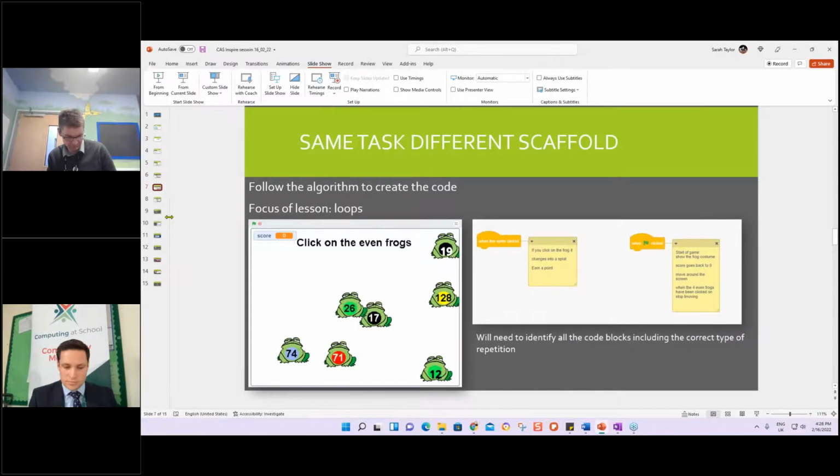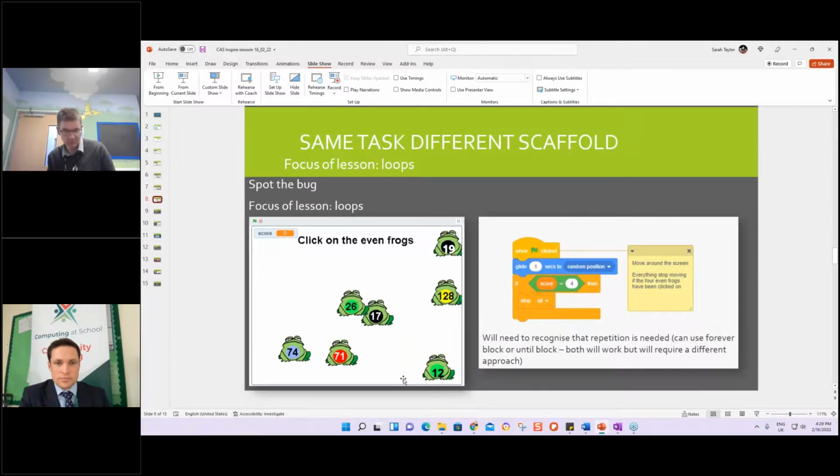So then moving on to a little bit more challenge. This is a much more open approach. So again, same task, but having been given the event blocks and the algorithm in the note, the learners then got to identify all the code blocks that would be needed for the program, and that includes the loop. So this would also be quite a good activity to see if the learner uses the condition controlled loop or defaults to the forever loop. And this is by far the most challenging approach to the activity. So you can see with a single activity, you can have lots of different approaches that vary the level of challenge.